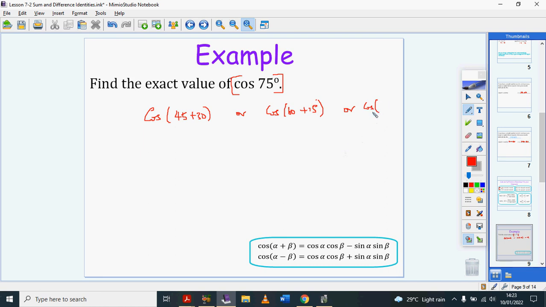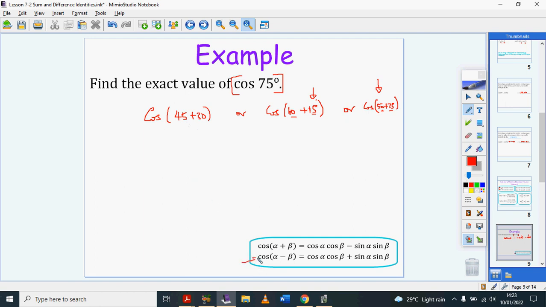So I can break it down into so many different things, but I want to break it down into angles that have common ratios, whose ratios I know are simple to get. I can't say it's 50 plus 25, well, I can, but it's not going to help me because 50 and 25 do not have common ratios or fraction ratios. Those would be decimals. Same as 60 and 15, 15 can still be broken down into 45 and 30, but still this won't help me because these are not common ratios. However, 45 and 30 are common ratios, and when I see that 75 is the same as 45 plus 30,